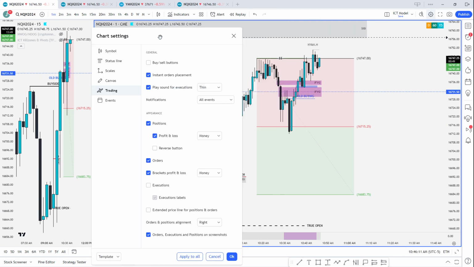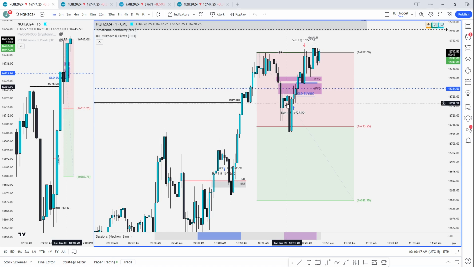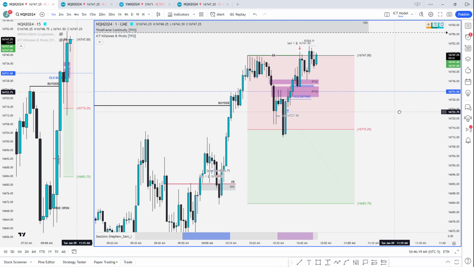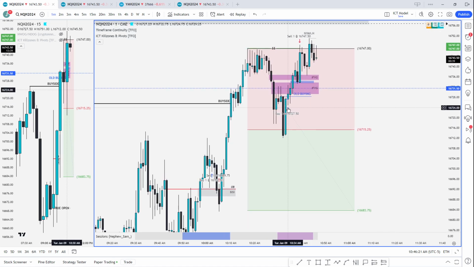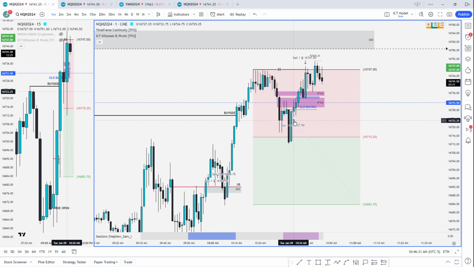We saw the old buying respected, and then we entered. I don't even know where I entered long. Oh, as soon as we saw that old buying respected, boom. So it's not even like I'm entering off a PD array here, right? Like people are going to wonder why did Flux, why did you enter right here? There's nothing we're tapping into. Why didn't you enter down here? First of all, I wanted to see if we're going to respect this discount end. And then second of all, once I saw this up closing candle here,